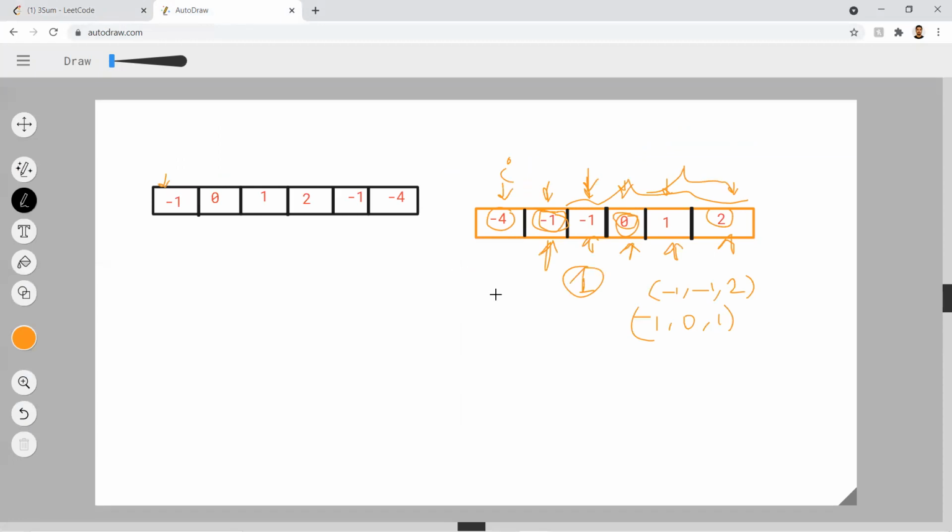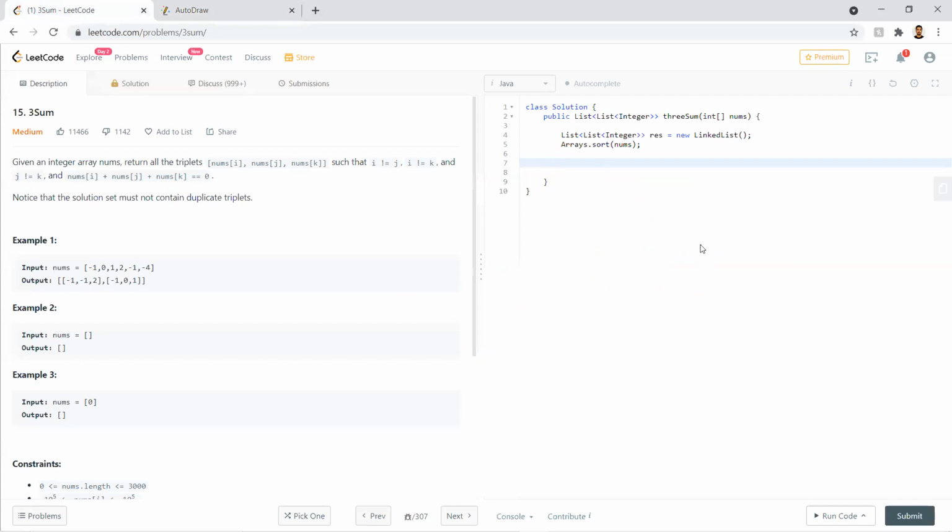One more thing in this solution: as we are going for this part, and we are storing these indexes, and we are looping around this part, we can see this solution is taking order of n squared time, because we are sorting in n log n time, and we are using this looping with the low and high pointer, which will take order of n squared with this particular index.